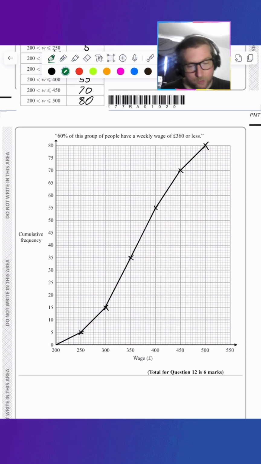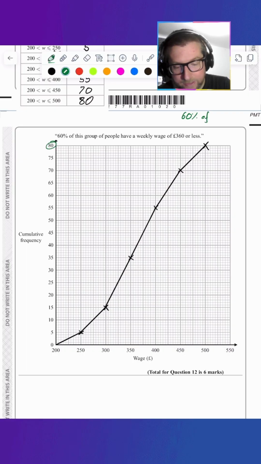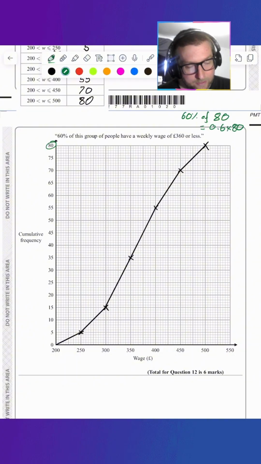So what is 60% of, again, the total number of people, which is 80? So 60% of all these people, 80 people, will be 0.6 times 80, which is, this is a non-calculator paper, so we do have to be able to work that out. 0.5 times 80 would be 40, so then we just need to add on another 8, so that would be